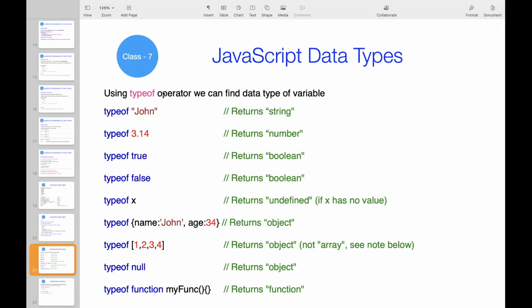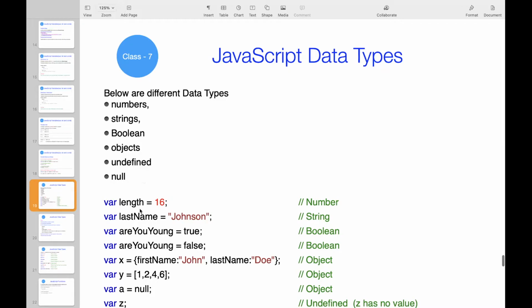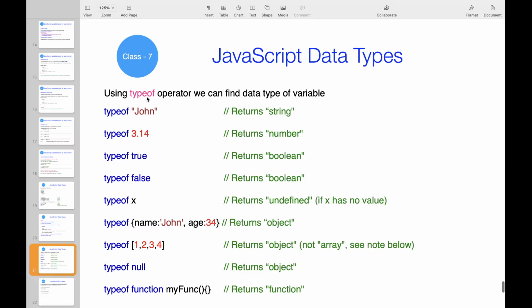Using the typeof operator we can find the data type of a variable. Till now I have explained whether it is a number or a string, but how can we identify it? I'm just telling you this is a number, this is a string, this is a boolean. How can I prove it? JavaScript gives one option, typeof. Using typeof we can identify whether it is a string or a boolean.